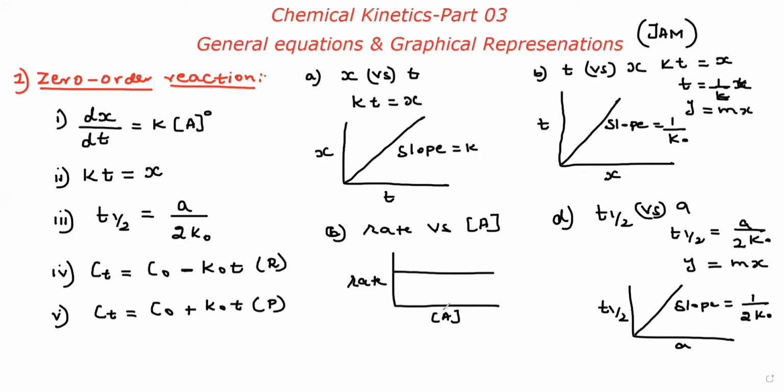This is the fourth graph. This graph I am going to plot versus what? The change in concentration with respect to time. This graph is very, very important. Please note the fifth graph, the CT is equal to what? C naught minus K naught. I am going to plot the concentration versus time. Here CT and the time. What is the graph? It should be a decreasing graph, right? What is the intercept? The intercept is equal to C naught.